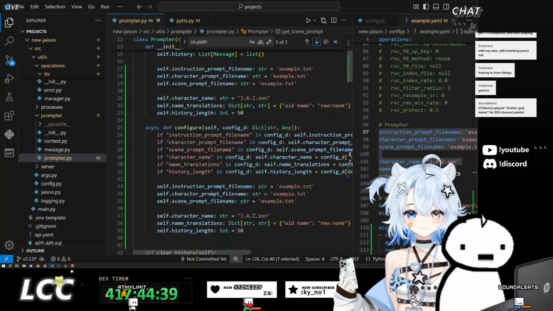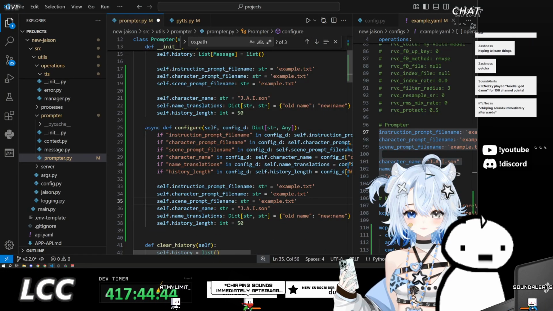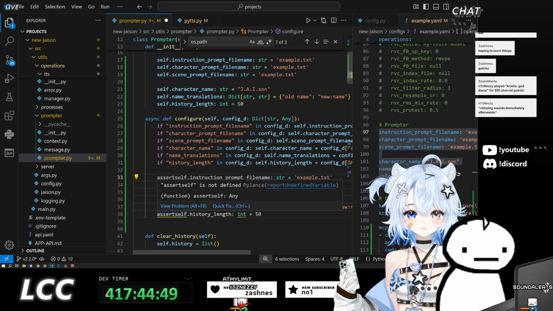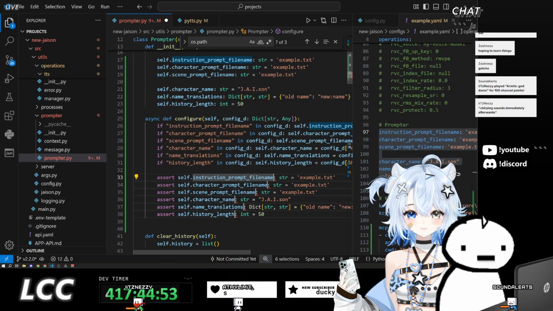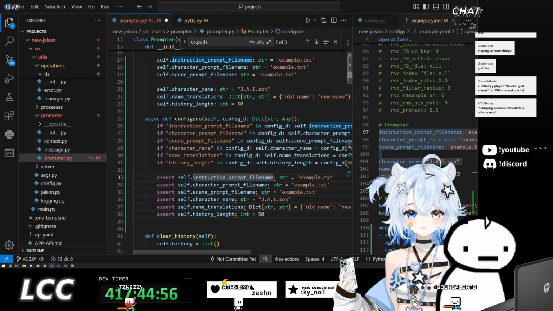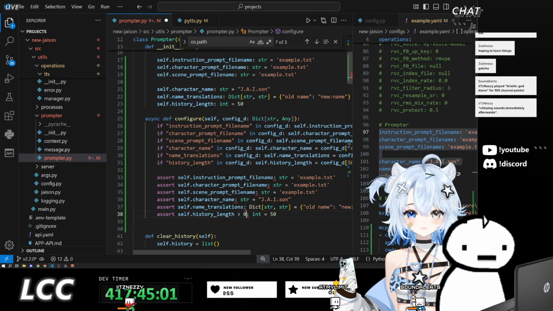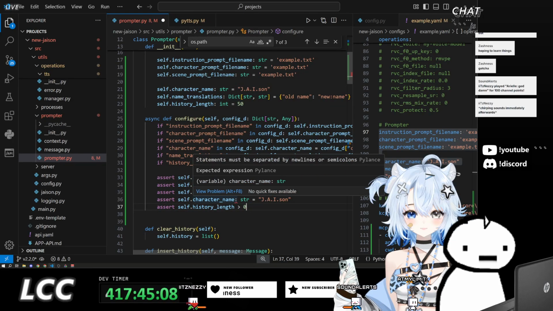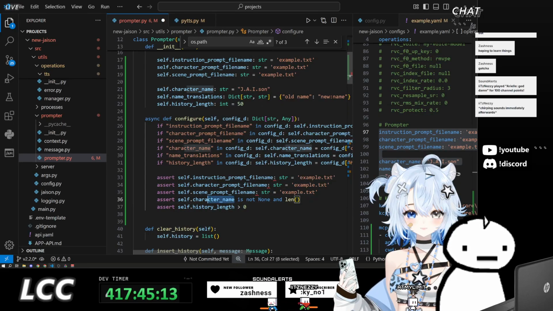Okay, what else from the configuration did we need to change? We need to do the assertions on these. I don't really care about an assertion on name translations. Character name, we just need this to be not none, and the length of that be greater than zero.